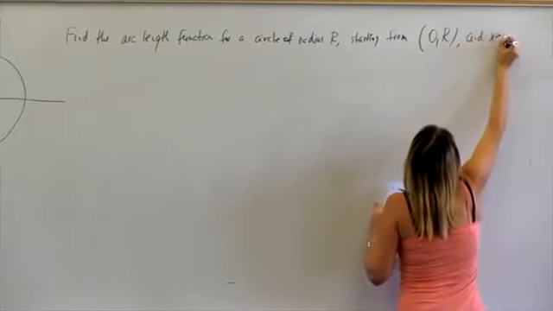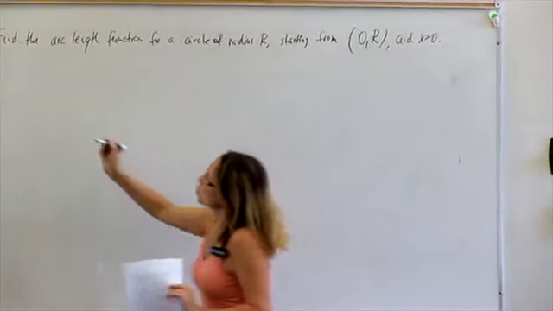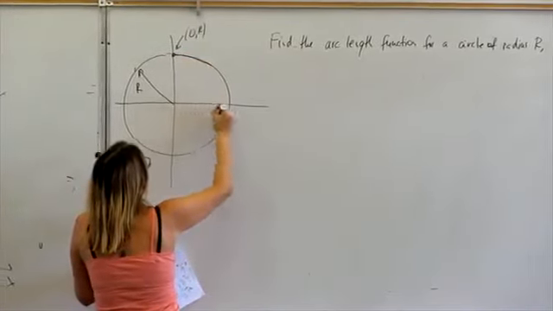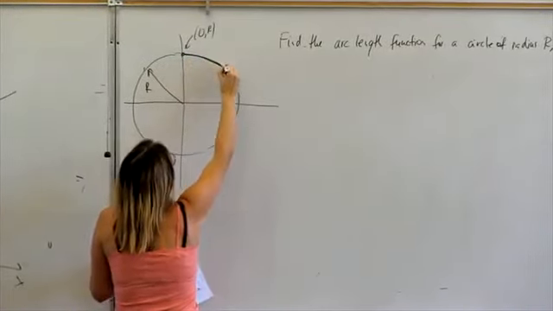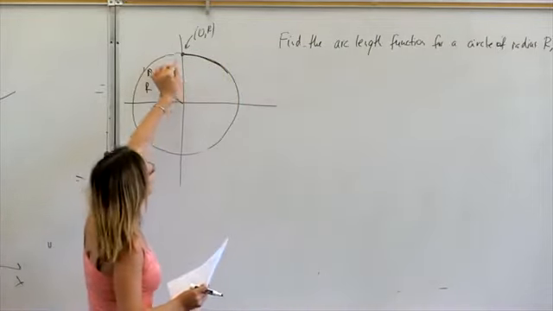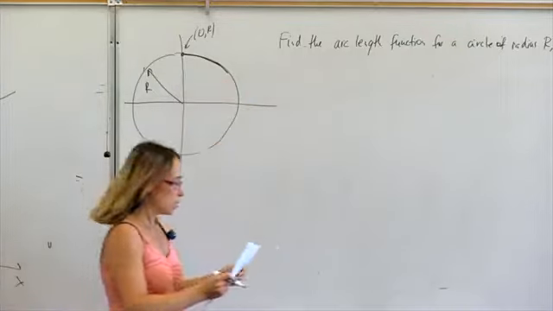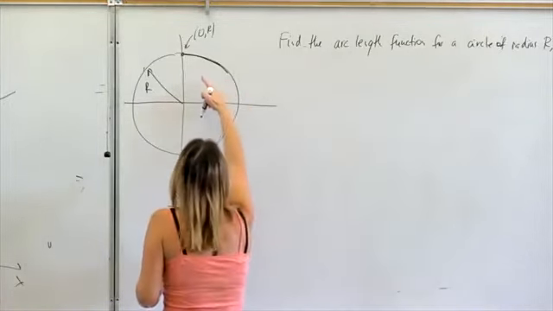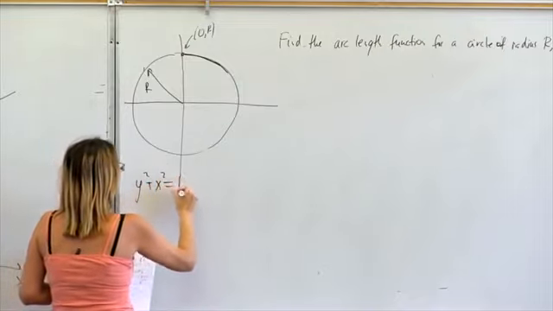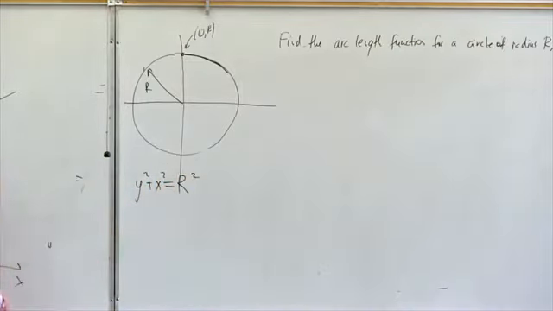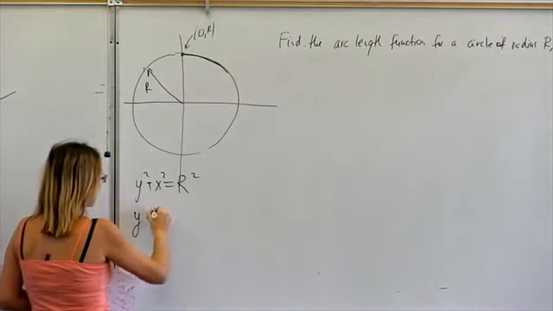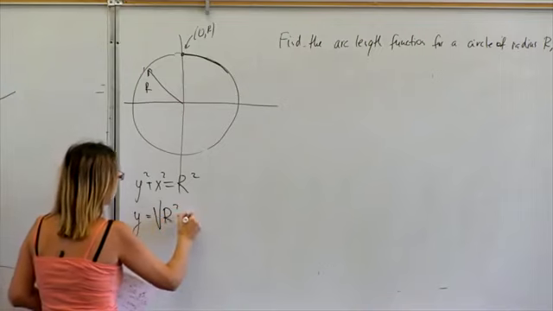And x positive. Okay? So we're going to go from here. X is going to change from 0 and grow, and the values of the arc length function will correspond to the length from here along the curve. So let's do that. First, I want to express y in terms of x. The equation for this circle, as you know, is this. For the first quadrant, we can say that y is the positive square root of r squared minus